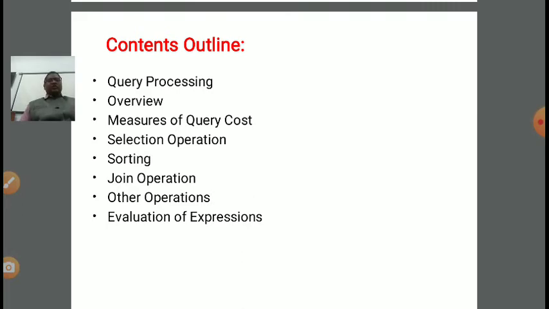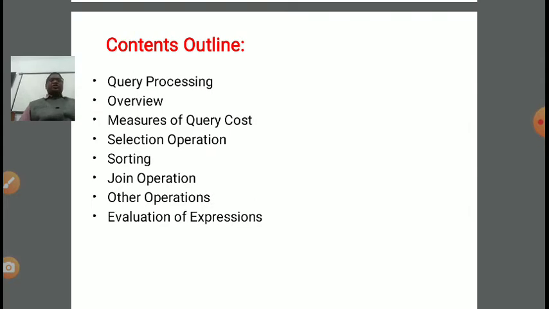processing. First we will do an overview of the basic concept of query processing, then how to measure a particular query cost. Meaning, in a query, if you are writing many statements, we should optimize the number of statements, depending on which statement the query cost is, we can say maximizing, or how to optimize that. All these concepts we are going to understand under the measure of query cost topic. Then the select operation is already covered, but how to make the select operation effective and how it is processed in a query, we will be learning.